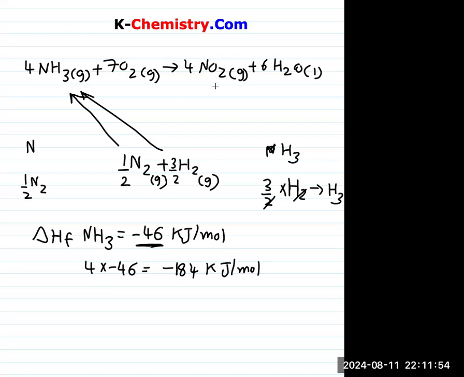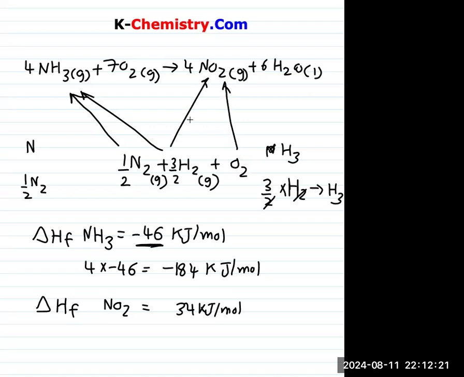Let's have a look at forming NO2 and forming H2O. From the table and given, delta H of formation of NO2 requires 34 kilojoule per mole. Again, I need this to be multiplied by 4. I'm making it from half N2 and 1 mole of oxygen. And to form this, you have to multiply it by 4. So 34 by 4 is equal to